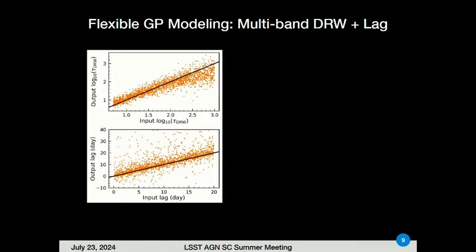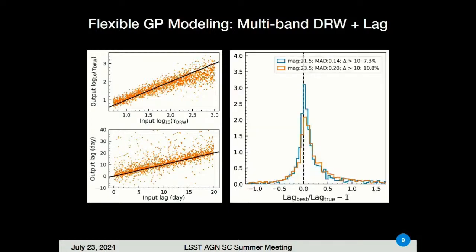Now, okay, I just did one example. How does it scale to the whole parameter space? What's the distribution, a range of decay time scales, a range of lags? It's okay, not too bad. You characterize the ratio between the recovered ones and the input ones, and compute some statistics. There's the median absolute deviation, the number of outliers, right? You can see that it gets better with